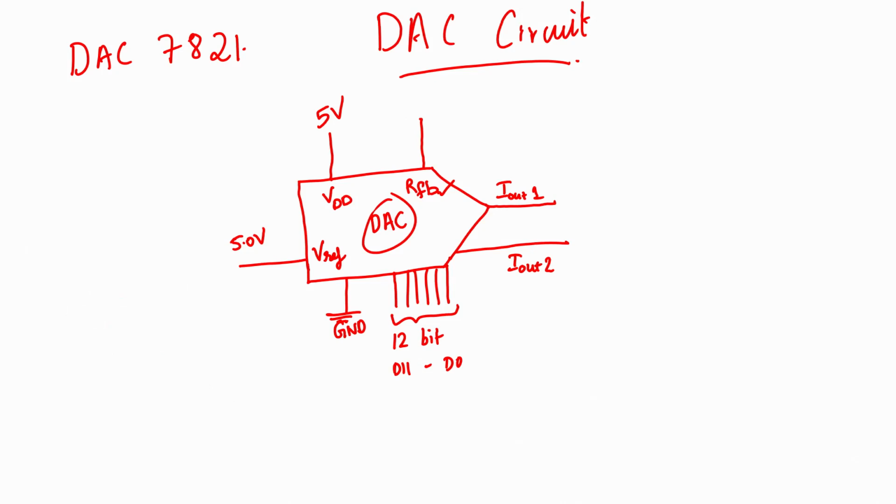So you need to only connect it to the op amp's output. Now, most of the outputs we visualize in circuit design, we visualize as voltages, and this IC is giving us output in the form of current.